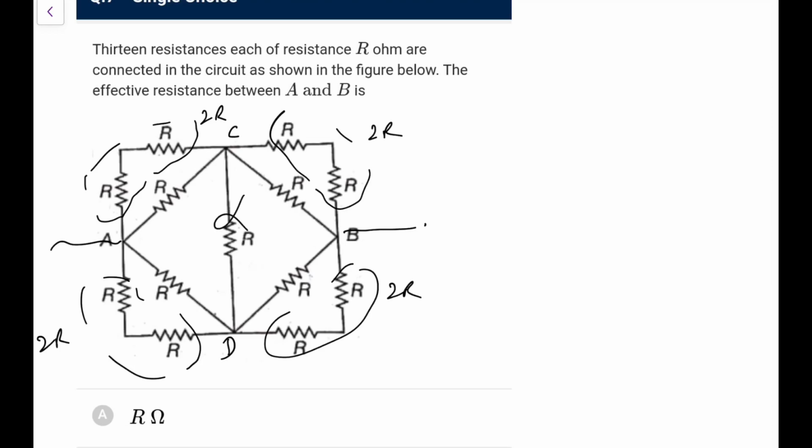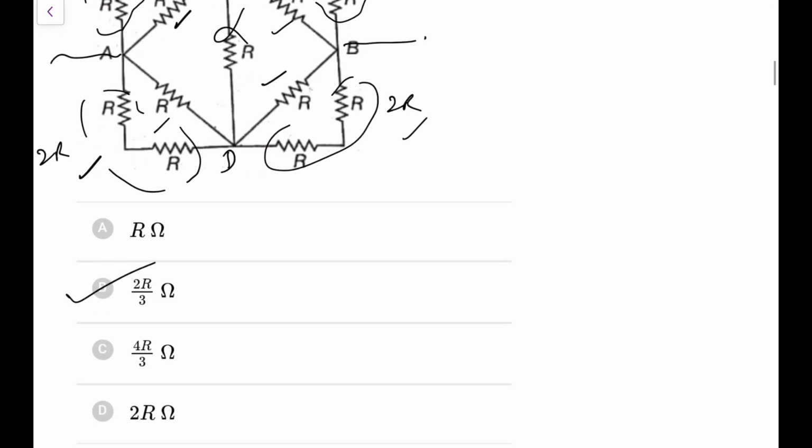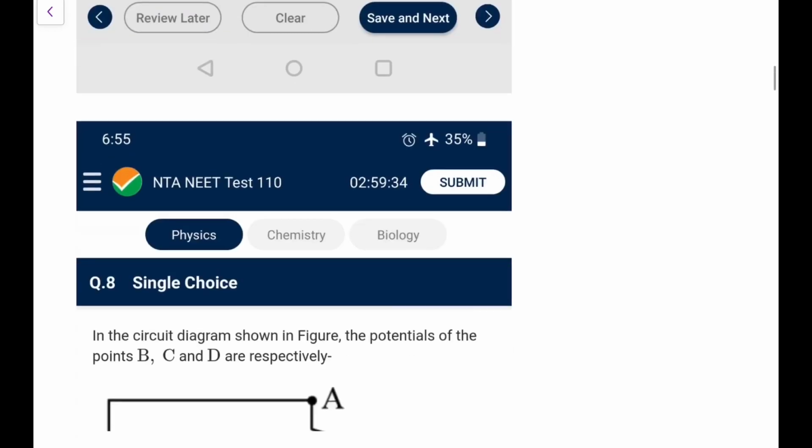So you can directly take out this resistor, there will be no current flowing in it. Now this 2R and R, this 2R and R, this 2R and R, this 2R and R are in parallel, so you get 4 equal arms of the Wheatstone, each with 2R and R in parallel, that is 2R by 3. So all are equal, so the resistance will also be equal to 2R by 3, all 4 arms are equal.